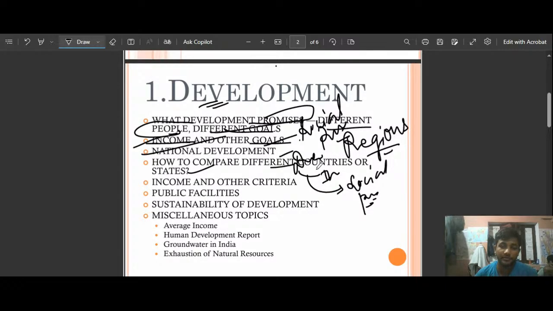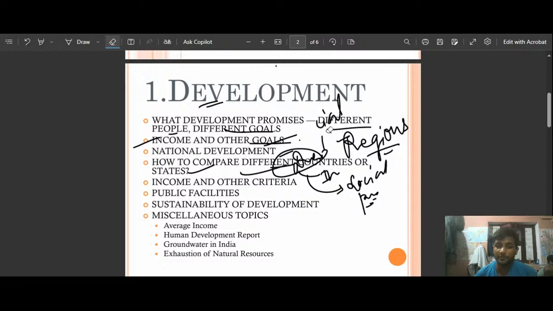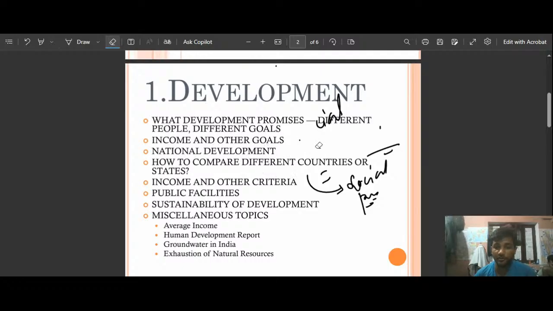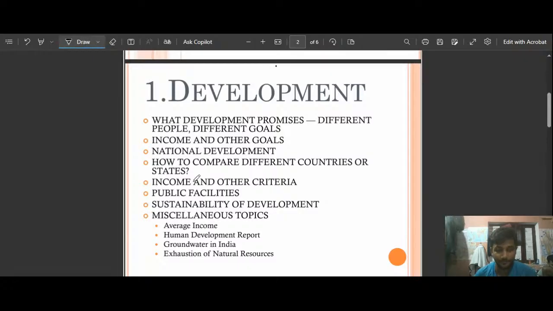But basically we are going to focus on development on the basis of economy, because our primary focus will be how the economy is interrelated with our social life, our political life, our decision makings, and so on. Then income and other criteria, public facilities like health,